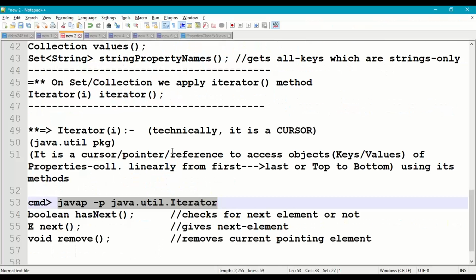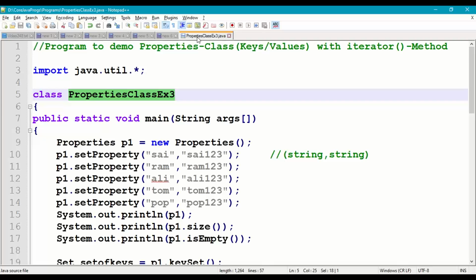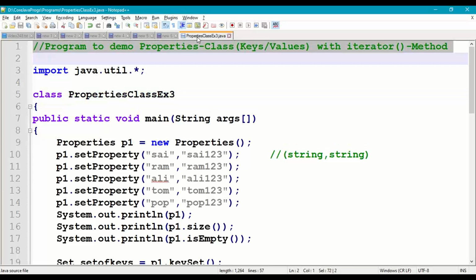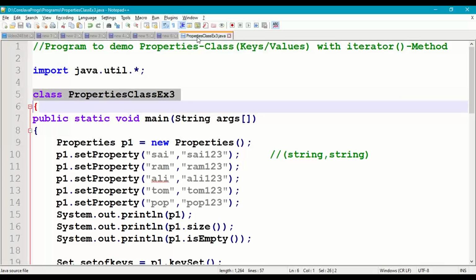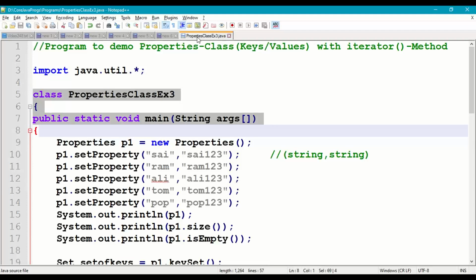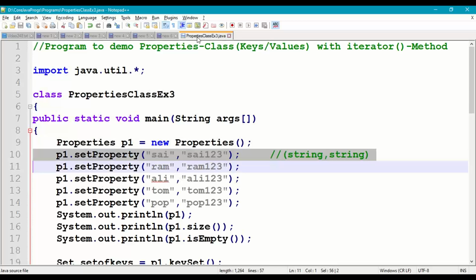So now coming to the program. PropertiesClassExample3.java. Take a new page. First we'll write the comments, and then we'll import the java.util package, and then take the main class with the main method. First create an object of the Properties class, p1 is equal to new Properties, and then we are setting the property